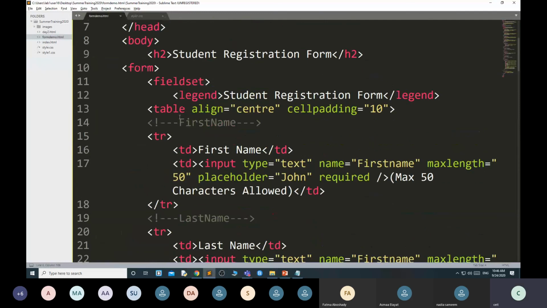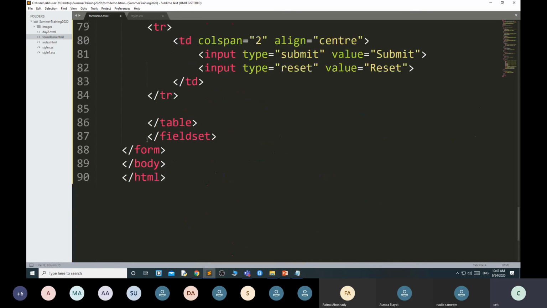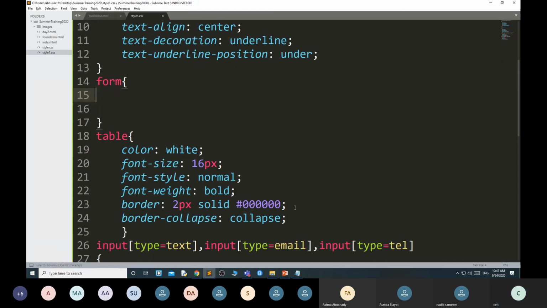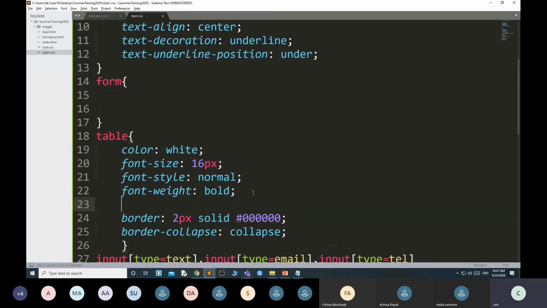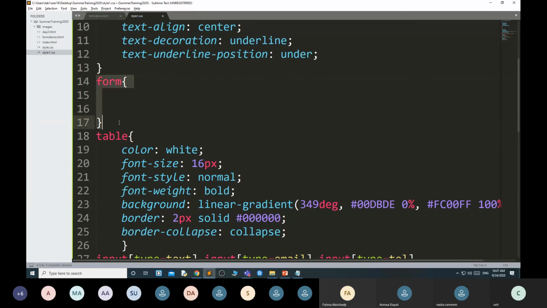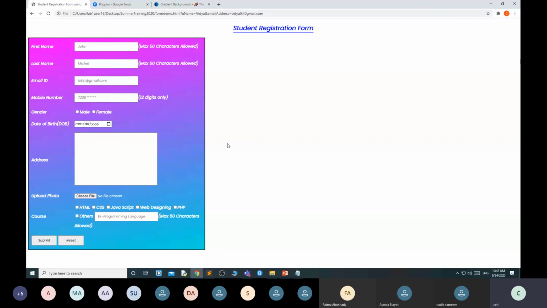I can remove this field set, and I am removing this legend and this field set, and I am giving this background color to table. Now it looks like this.